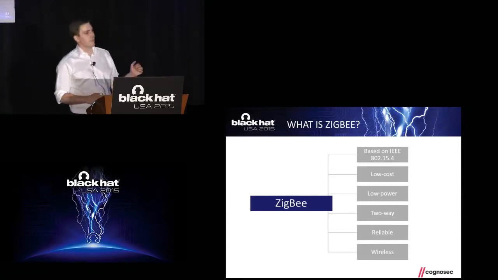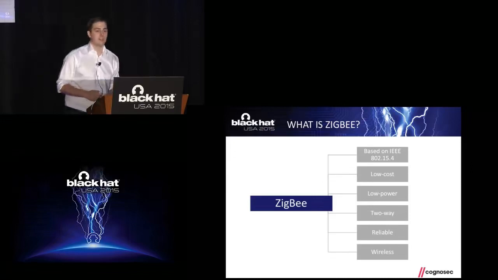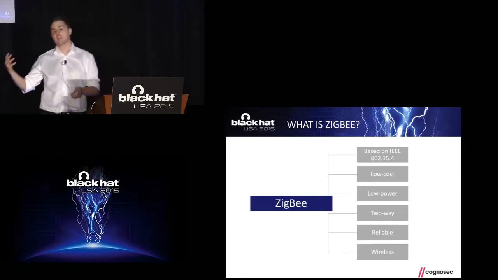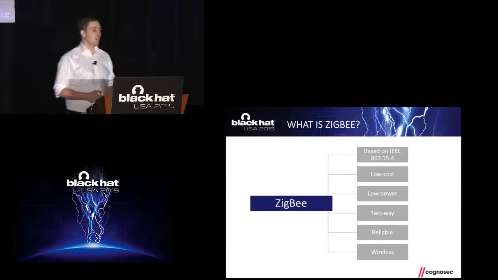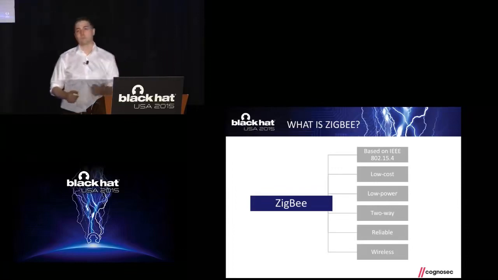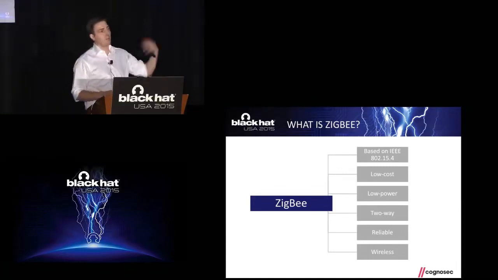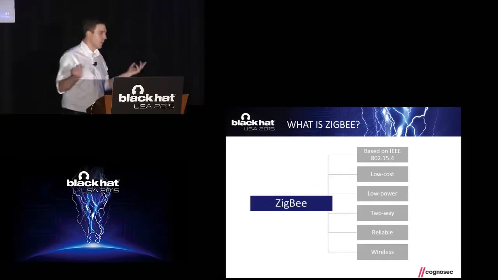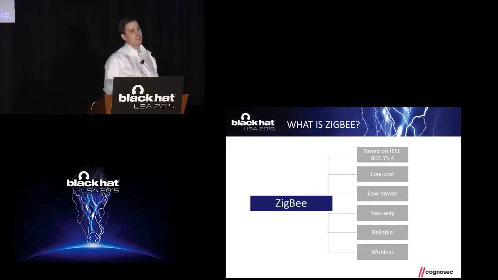And it applies a 4-layer stack, which is very easy. So you have a physical, a MAC, a network, and an application layer. Actually, the physical and the MAC layer are built on the IEEE 802.15.4 standard, and ZigBee is just implementing a network and application layer. So the network, obviously, for networking issues, and on the application layer, the commands are sent and data is transmitted.